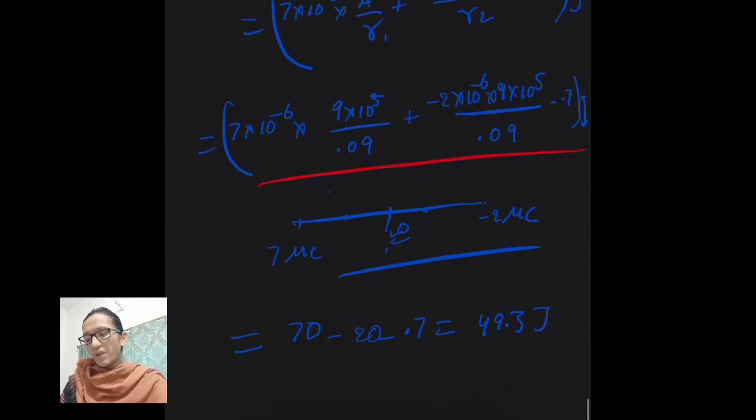Since the electric field in this case depends on location, on position, as it is inversely proportional to the square of R, our potential also depends on its location from the origin. So here in the first case I have written my 0.09 and it is along negative